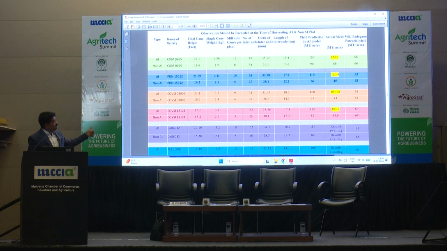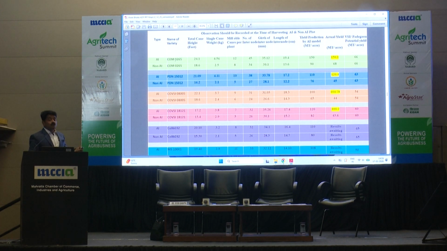We have tested all these varieties. These are the varieties recommended by CM 265. This variety is very well known to Pune district sugarcane farmers because it grows in saline and sodic soils also. See the growing patterns, the growth promoting factors, the total cane height compared to the recommended practice, the single cane weight, then the millable canes per plant,